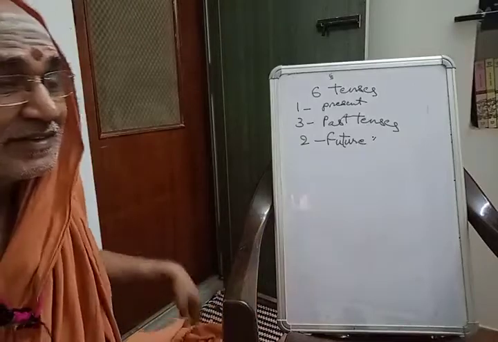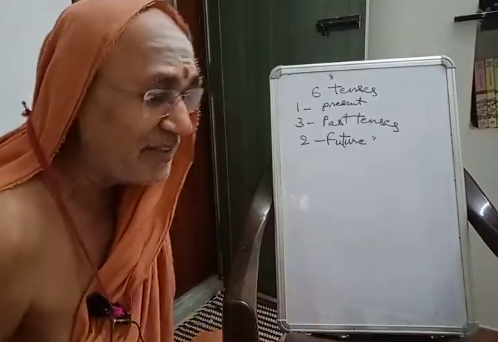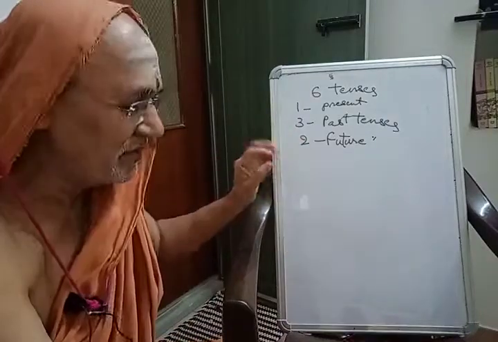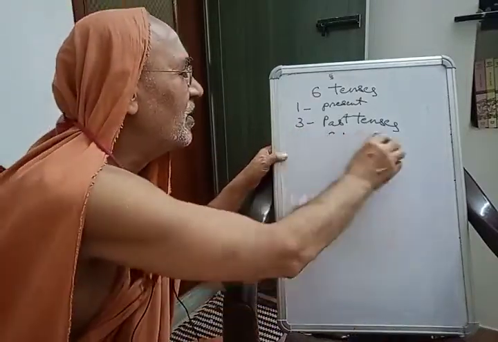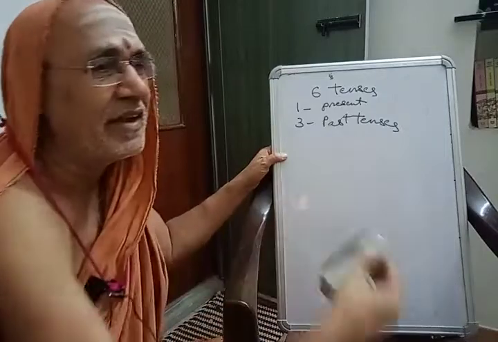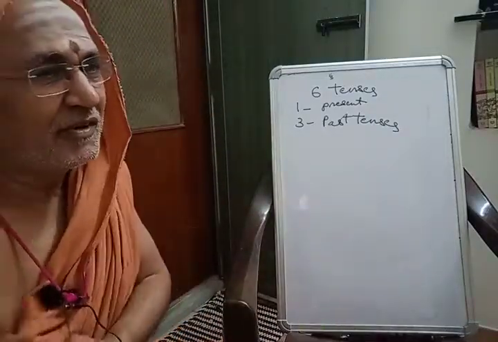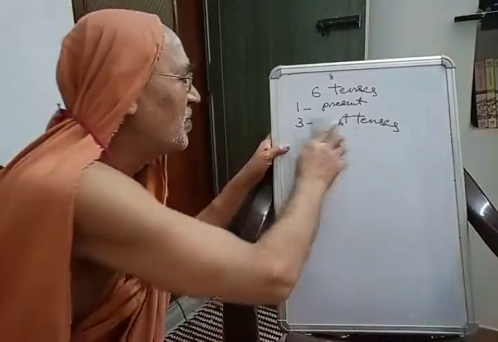So that way Bhandarkar, he simplified it, made it much easier. So in the first book we learn 1 present tense. Then coming to futures, we don't learn all the 2 futures. Futures are in a way easy, but I don't know, he is covering them in the second volume alone. So out of the 3 past tenses,